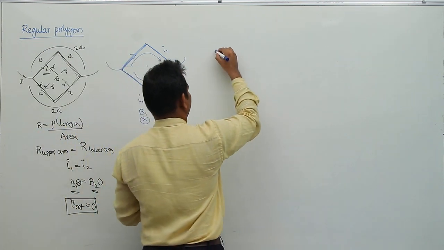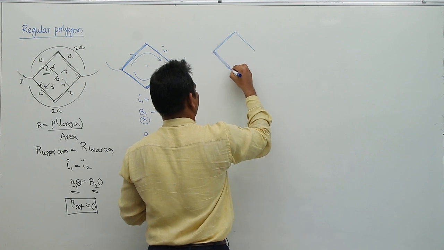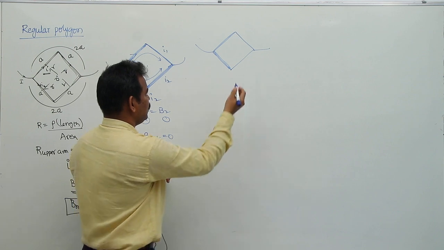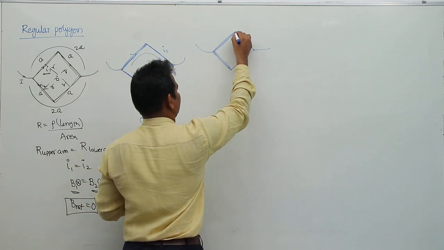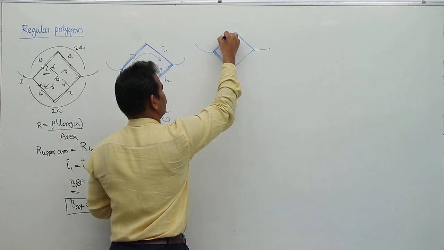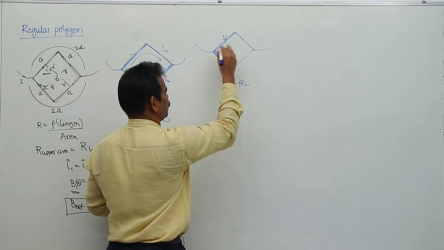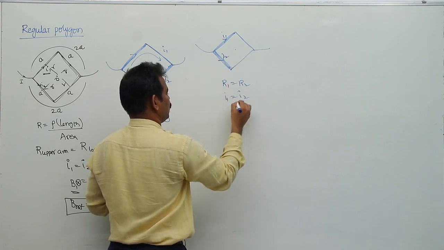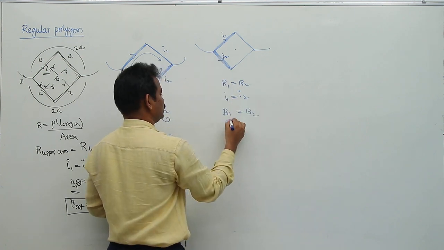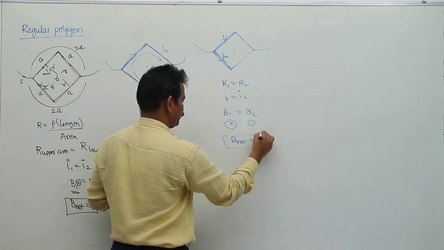Similarly, suppose the rod is connected here like this and one more rod is connected here like this, and now it is connected between the two terminals of a battery. Here also thickness is more here, less here. So here, once again, as the resistance R1 is equal to R2 in the upper branch and lower branch, current I1 is equal to I2, B1 is equal to B2, but B1 is acting into this one, B2 is acting outwards, net magnetic field at O will be 0.